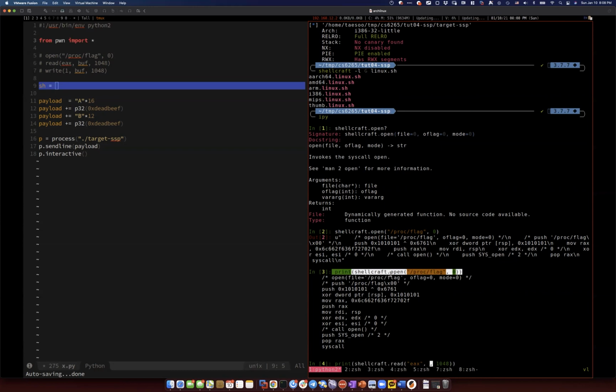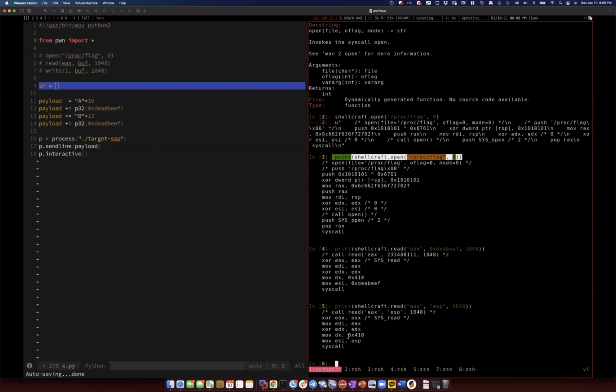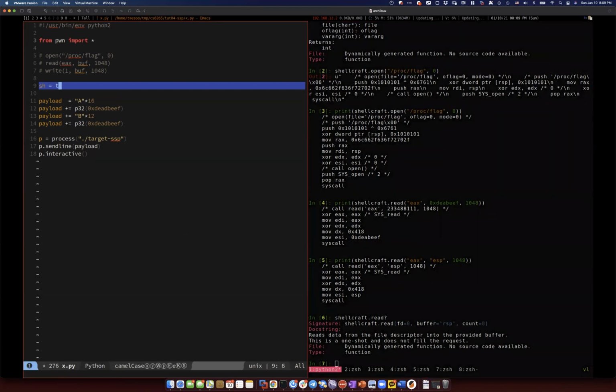You can also do, say, deadbeef. Then they're gonna put the buffer into the deadbeef as well, right? They're gonna put deadbeef here, or if you want, you can put ESP, and they're gonna use the ESP as a second parameter. If you want to read, you can see the simple patterns as well, like this, pretty easily. So what we're gonna do is that we're gonna just chain this one together in programming way, shellcraft,